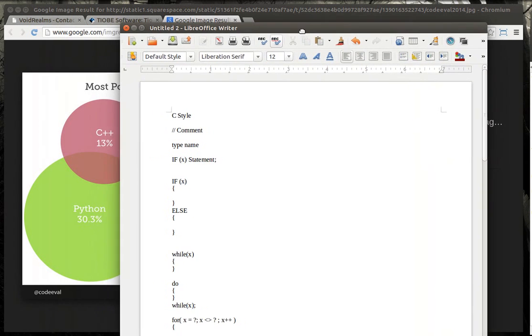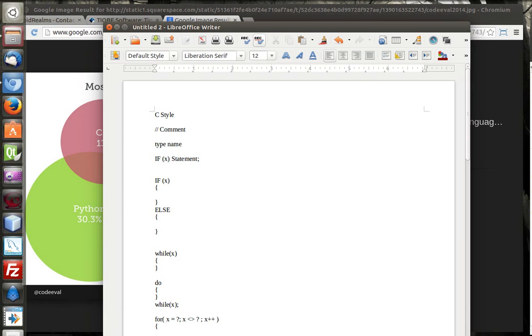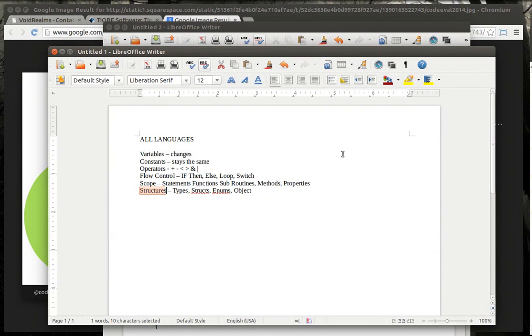A lot of people get kind of confused and daunted when they start a computer science class and they have to learn 2 or 3 languages in a semester. And I'm sitting here going, learning the language is extremely easy. You just have to bear in mind you have variables, constants, operators, flow control, scope, and structures. Notice how we have not talked about structures. There's a reason for that, because structures are treated very differently in each language.